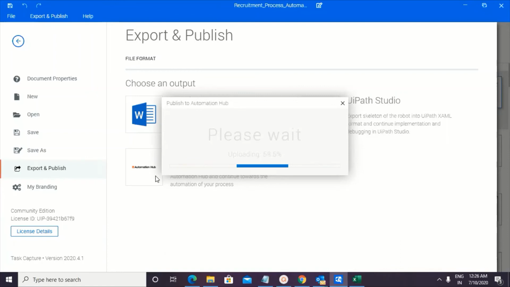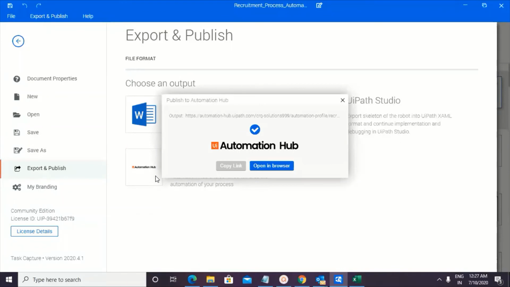So it shows that it has an export option for UiPath Studio. I'm wondering whether it creates a workflow for me also. So it saves a lot of time, right? It will create a skeleton of the bot in XAML format, but that is totally up to the developer whether he wants to use it. But yes, a couple of steps can be used, where the keystrokes are used. All right, so something of that sort can surely be used. So publish to Automation Hub, copy link, open a browser.